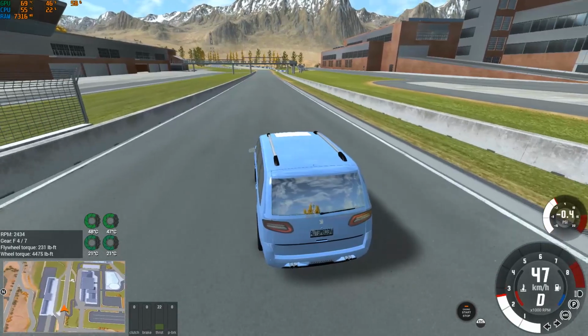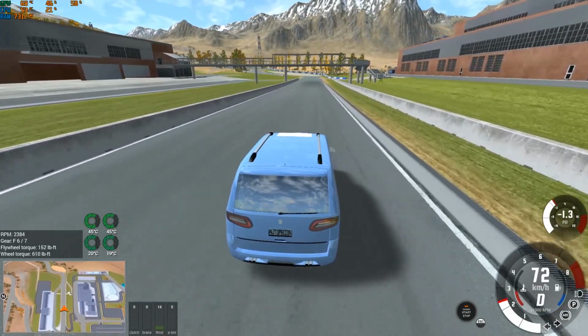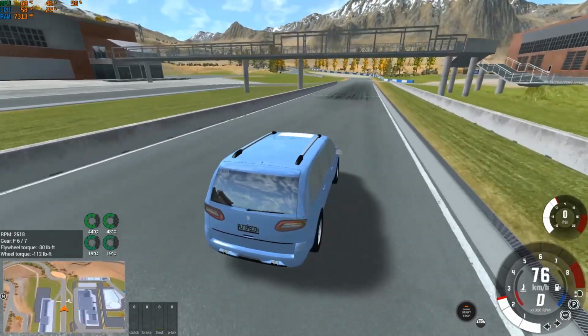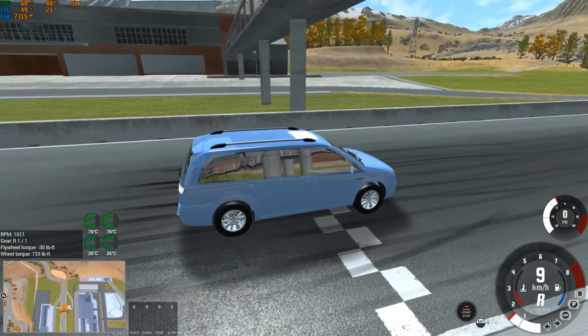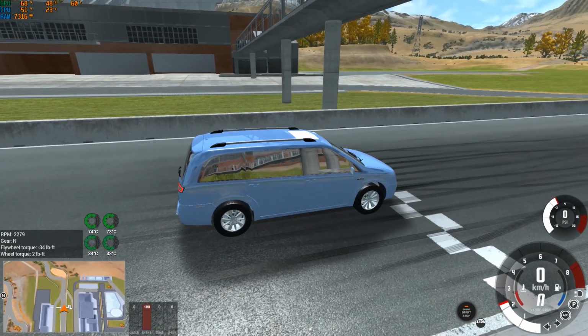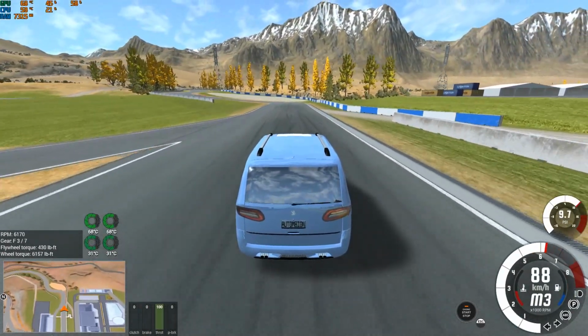So we are approaching the automation test track. I'm not gonna stop and launch it, or no, let's stop and launch it. So let's go. Oops. Let's go crazy a little bit here. Cue the music. Oops. Okay, so